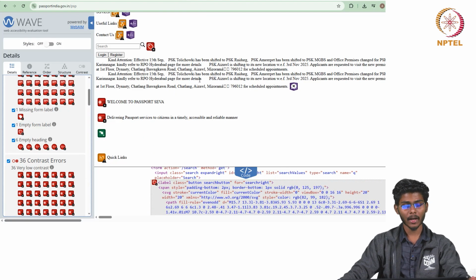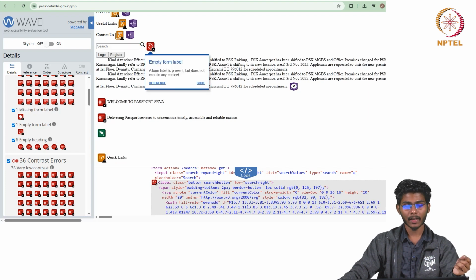And coming to the empty form label. As you can see here in the search bar, there is an empty form label, meaning the form label is present, but it does not contain any content in it.